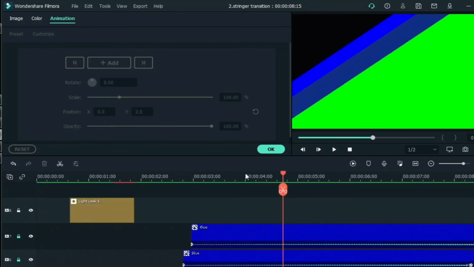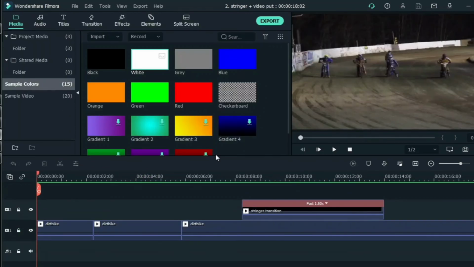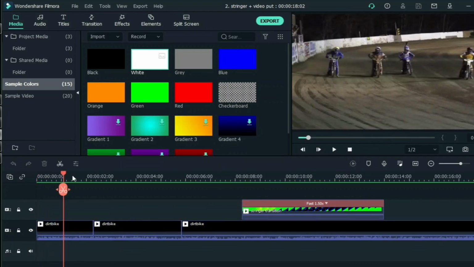So guys, once the transition is completed, I am going to put it over the video, so see how it looks. So this is a video which I have taken from pexels.com and I have placed the transition video over it. So I'm going to show you how the video looks. So here it goes like this.